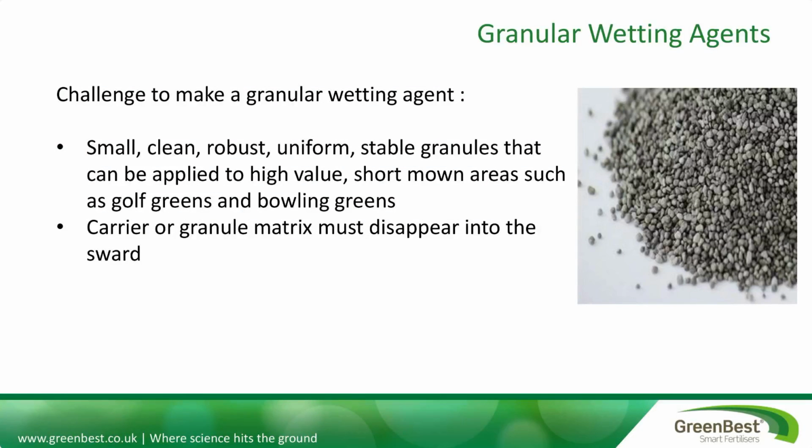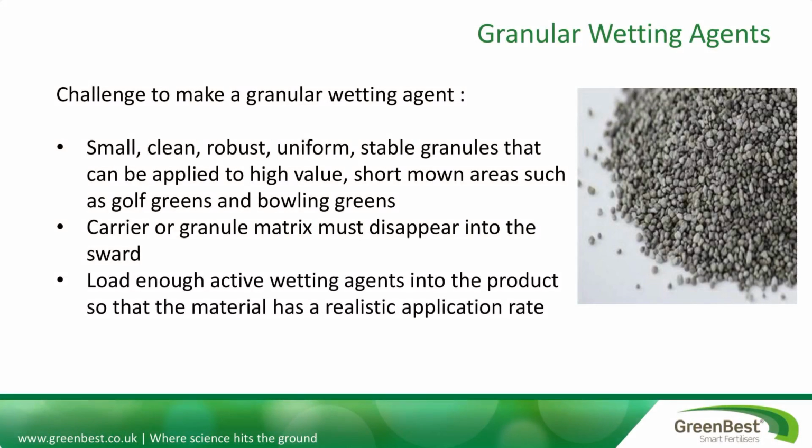Much greater challenge to some degree than making a fertilizer do the same job. So the carrier or granule matrix, and we're using zeolite, must disappear into the sward. It must become part of the whole. The last thing you want is that hanging around and being seen for a long time. And you've also got to load enough active wetting agent into the product so that the material has a realistic